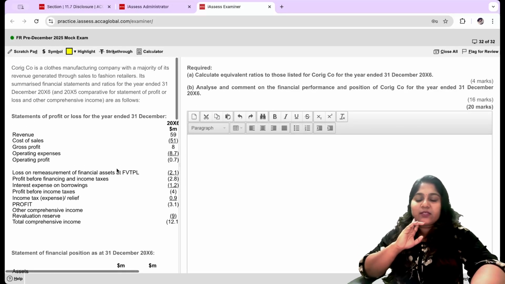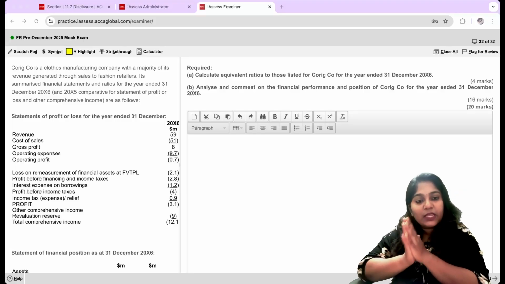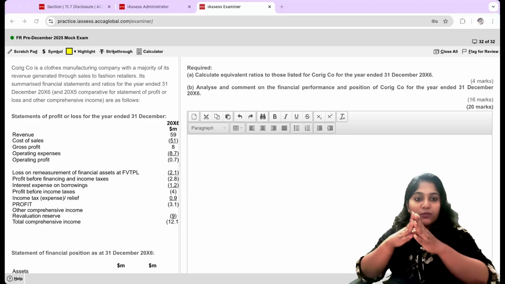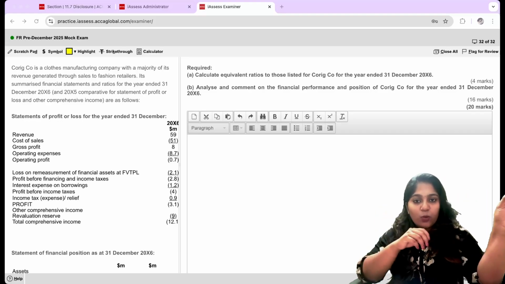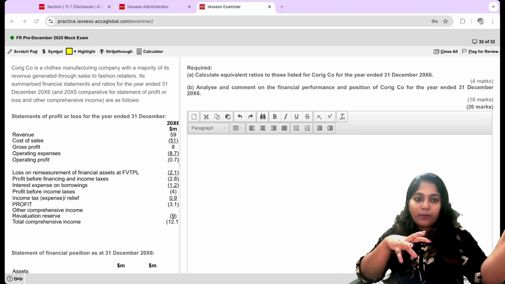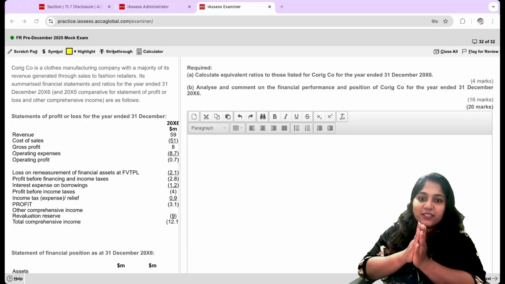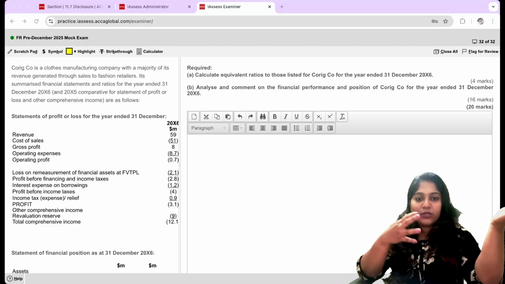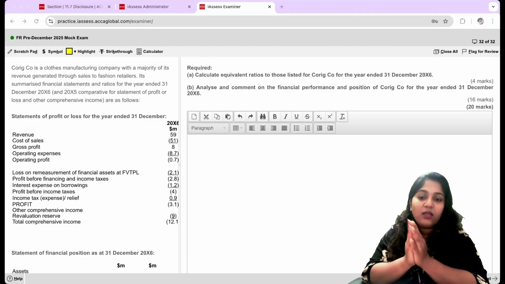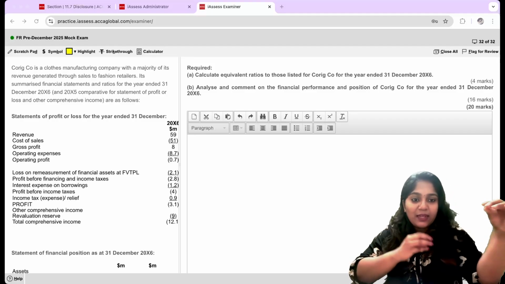Wow, I did expect this. See, when it comes to an interpretation question, we should know it is always subjective in nature. So I might do the calculation of the ratios, but when it comes to the 16 marks explanation, see the requirement: calculate equivalent ratios to those listed for Corey Company for the year ended 31st December 20X6. I might do this, but when it comes to analyzing and commenting on the financial performance and position of a company, I can give you guys a model answer, but provided you guys write an answer and always mail